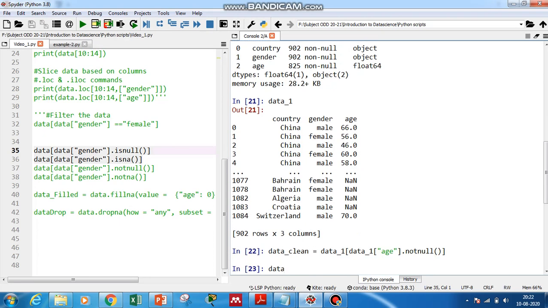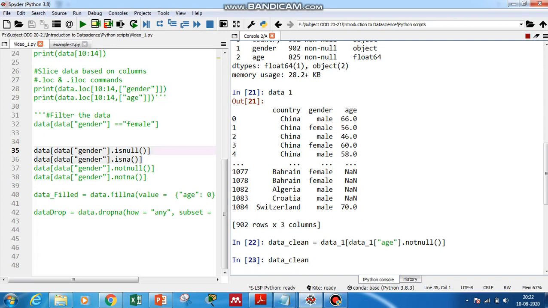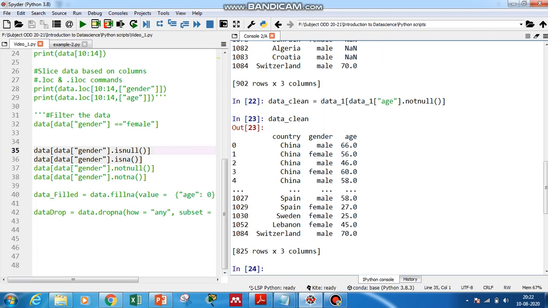Now if you see data_clean, it is clean. It has no null values. It is 825 rows and 3 columns. So this is how you filter out the null values from the data set. Compared to data, which has many null values in it, data_clean is now clean without any null values.